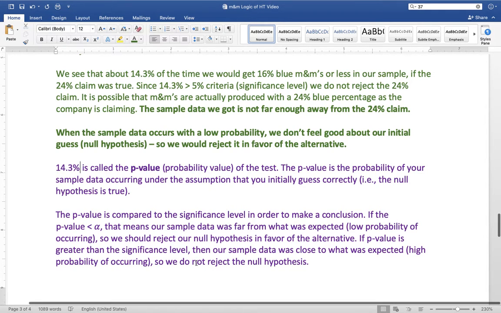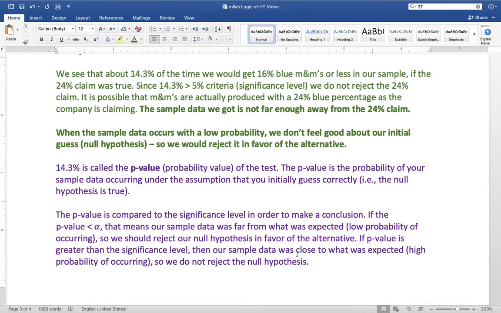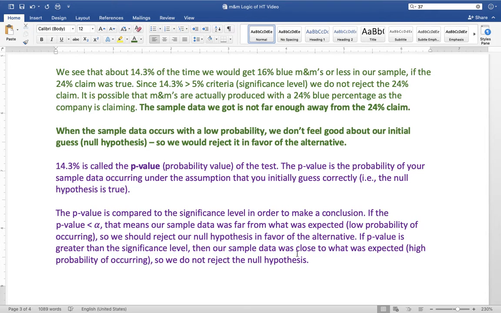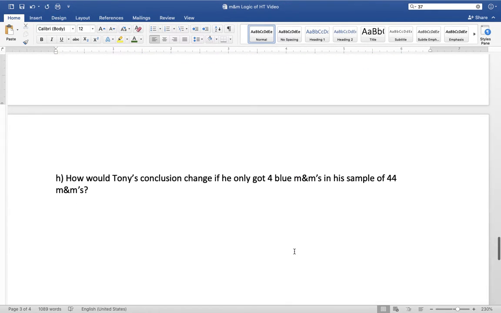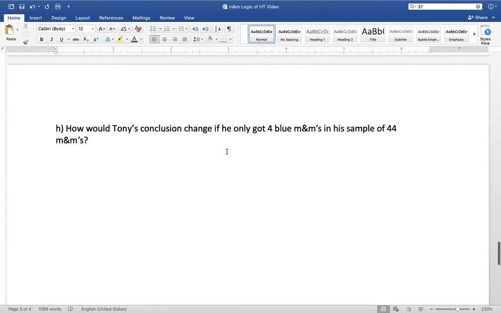Okay, so in this case, this is what happened for us. We had a p-value greater than the significance level. Our sample data was close to what was expected. 16% was not far enough away from the 24% claim, so we did not reject it. It had a high probability of occurring. So then the final question is, how would Tony's conclusion change if he only got 4 blue M&Ms in a sample of 44 M&Ms? Well, if he only got